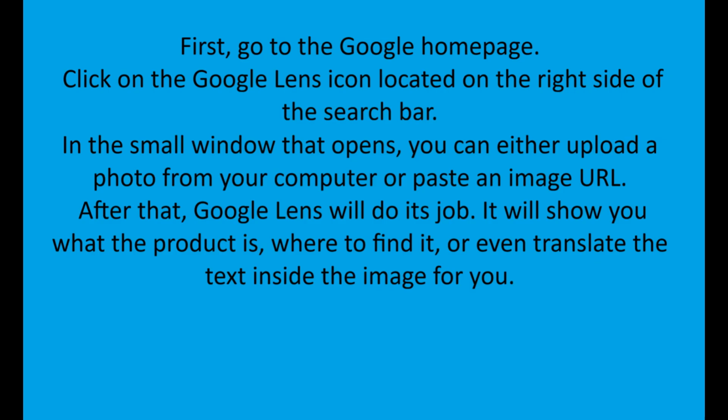First, go to the Google homepage. Click on the Google Lens icon located on the right side of the search bar. In the small window that opens, you can either upload a photo from your computer or paste an image URL. After that, Google Lens will do its job. It will show you what the product is, where to find it, or even translate the text inside the image